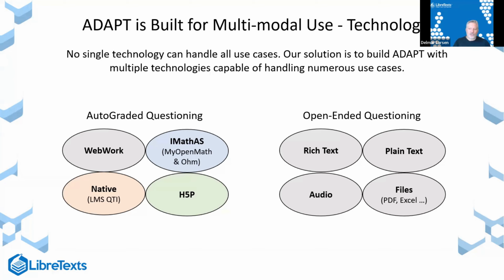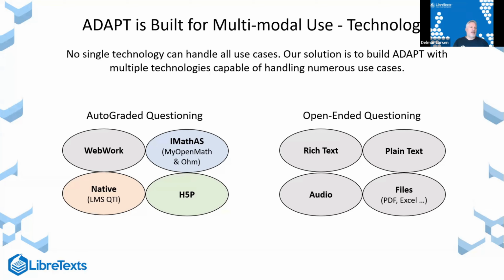Obviously, things are changing in terms of what is open-ended and what is auto-graded, especially as large language models start to grow. But those are still in the initial stages, and there's quite a lot of hype out there in terms of what they're able to do and what they're not. I think they're not able to do anywhere close to what they sell to people they're able to do.